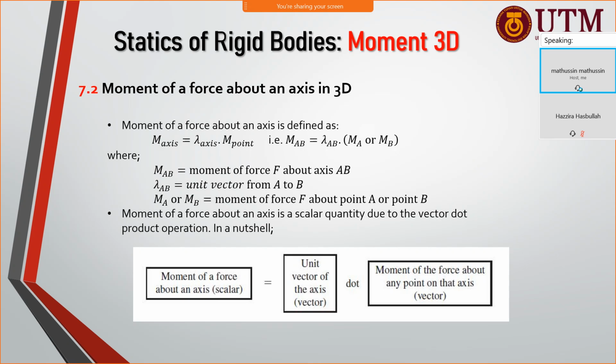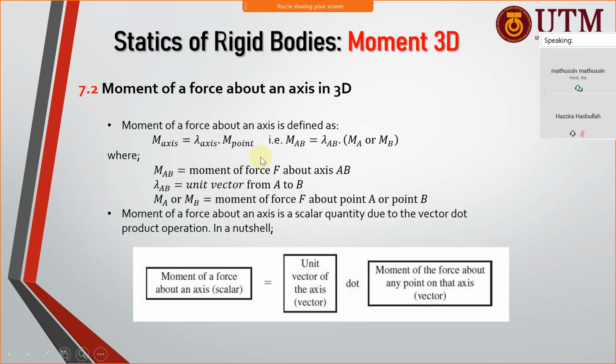of the axis. So maksudnya kita gabung, kita akan guna ataupun kita dapatkan dia punya moment about axis using dot product. Okay, kalau moment about point kita akan guna cross product. Cross product meaning to say that end of our answer must be in terms of i, j and k. But for moment about axis should be scalar. Scalar means that we have a resultant about magnitude only. Alright, magnitude only. So let's say we have equation kita ada M axis equals to lambda axis dot with M